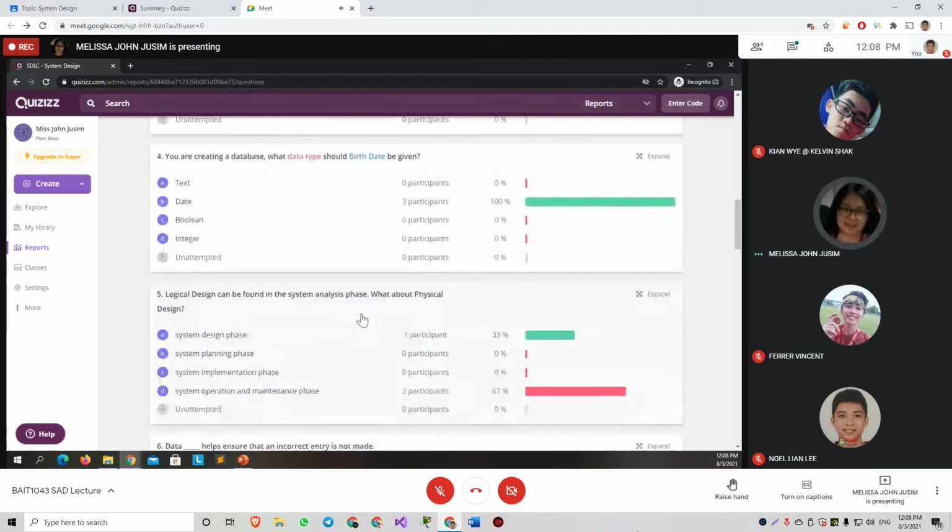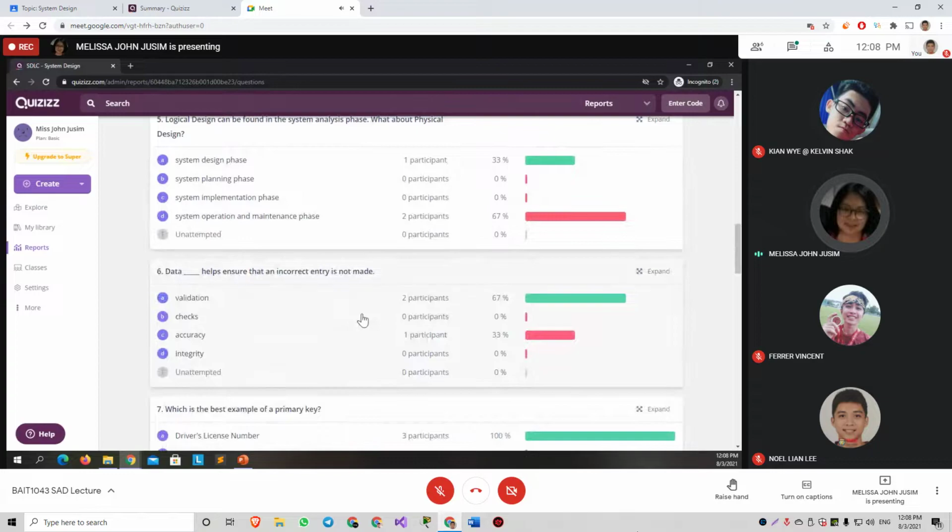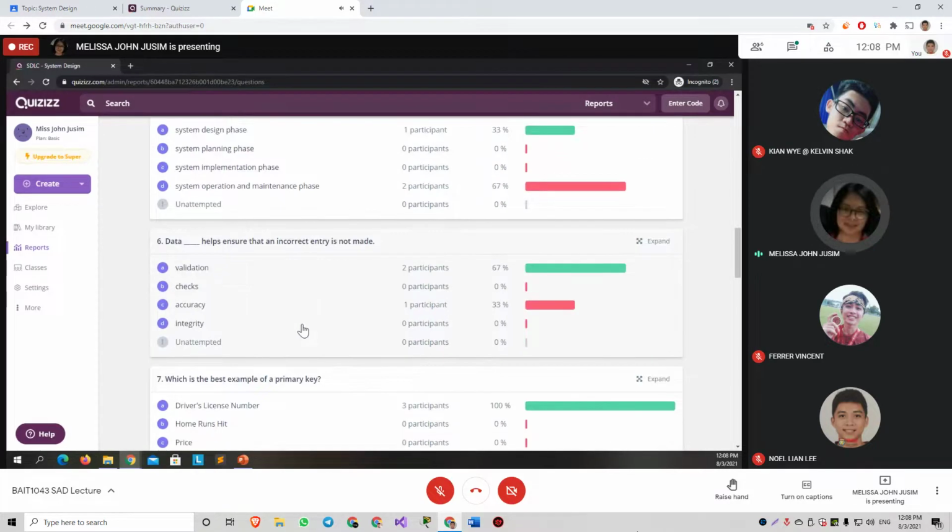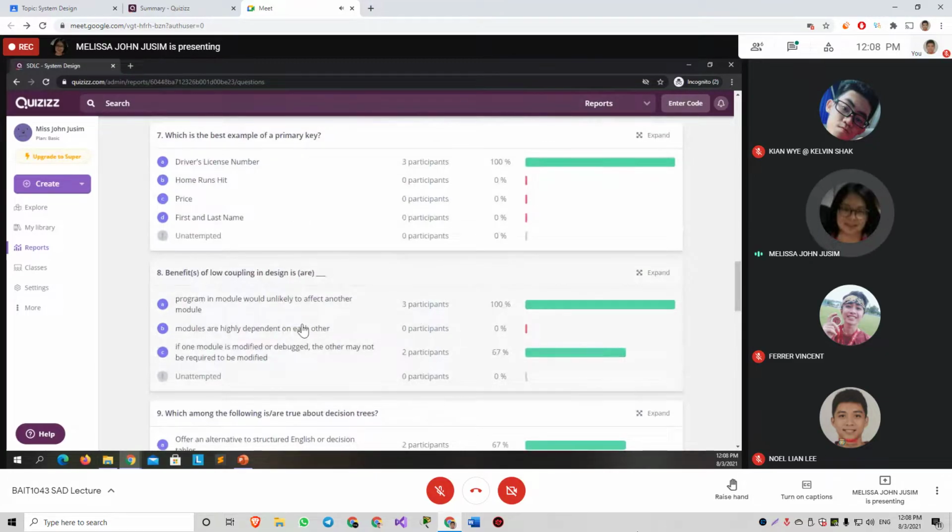Question 6, the answer is data validation. Okay, the input data validation. And you need to remember this because one of the things that you will do for your case studies is the input data validation, right? Then question 8, benefits of low coupling.